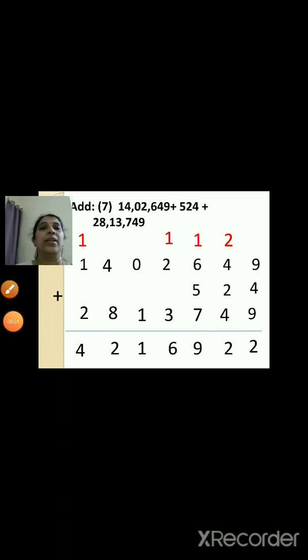So children, in today's session, we first saw the example of 6 and 7 digit numbers. Then we started solving problem set 8. In problem set 8, we have solved 7 addition sums. Right children? So it is a mixed digit addition, right? Because it contains addition of 3 digit numbers and it is a mixed digit. Some are 7, some are 3, some are 2 digit numbers, right children? So the remaining 3 problems, we will do in the next session.